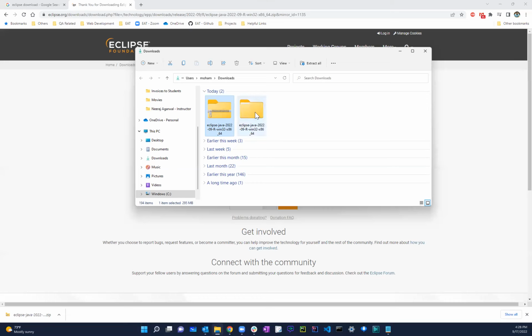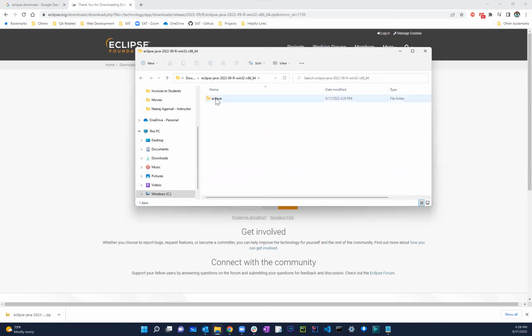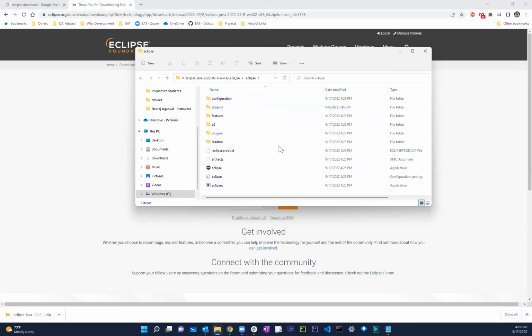Once you're done with this, you just click over here, click on the extracted folder, click on Eclipse, and then obviously you have all of these different things. You don't really need to worry about all of those different things. The only one you have to worry about is this one that says Eclipse, the application, not the one that says Eclipse SEC or Eclipse C. You don't have to worry about that. It's the one that has a little Eclipse logo in there. So just go over there, double click,